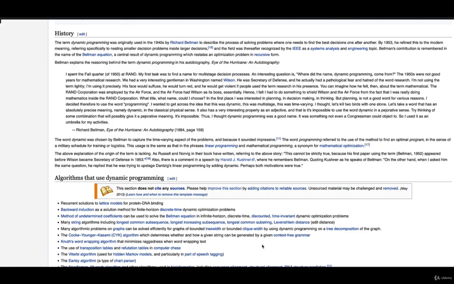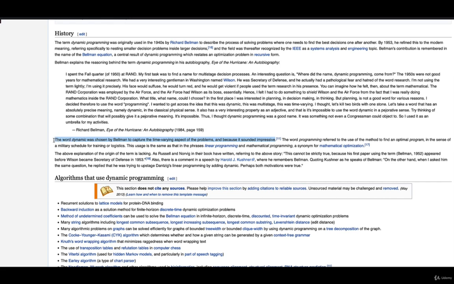In fact, dynamic programming was coined back in the 1940s by this guy, Richard Bellman, to describe something that has nothing to do with computers or computer programming or computer science. He was referring to optimizing military schedules. If you go to Wikipedia and search for dynamic programming, you can see a long quote which explains it. I'm not going to go into the details of it.